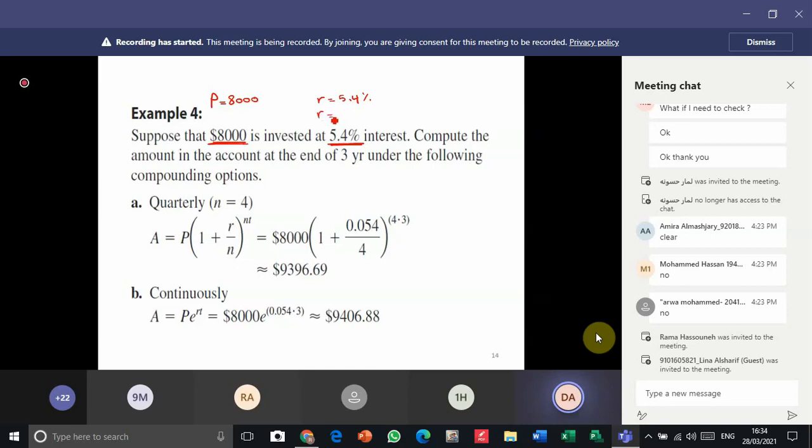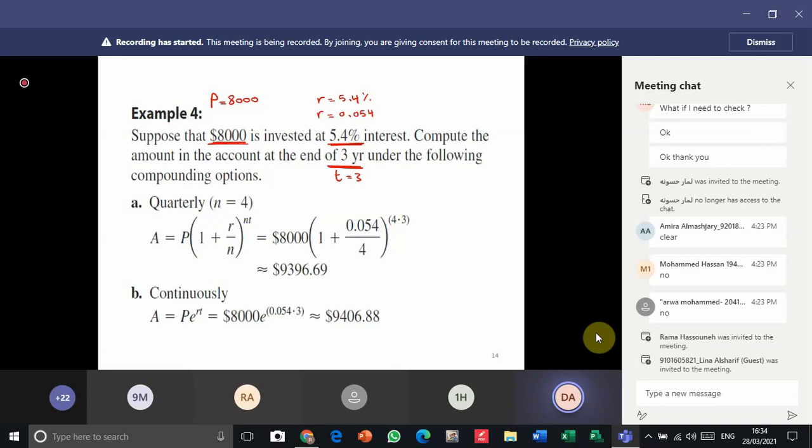R equals 0.054. This is the value of the interest rate. Compute the amount in your account at the end of 3 years. So T equals 3,